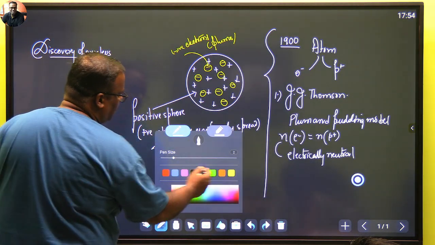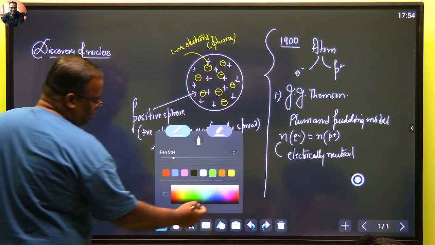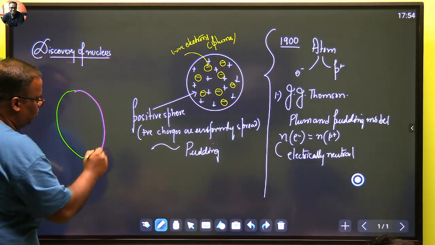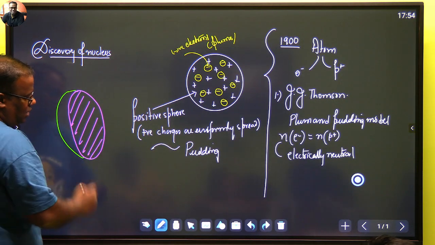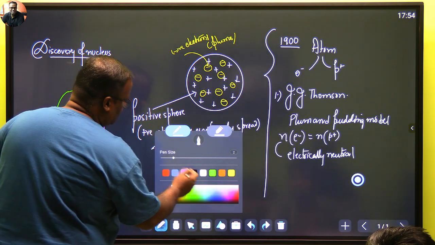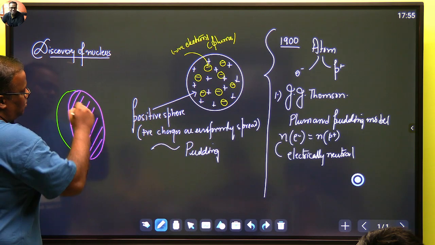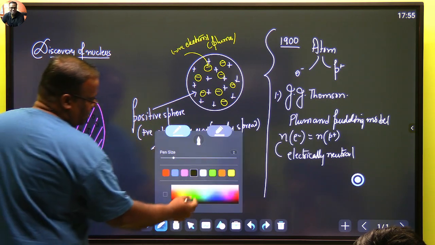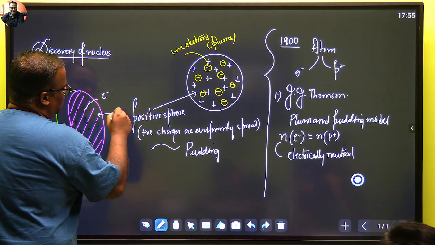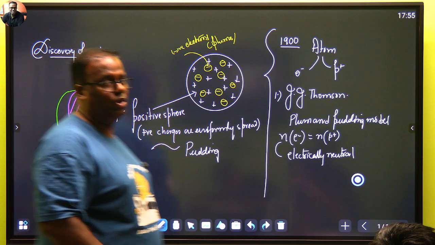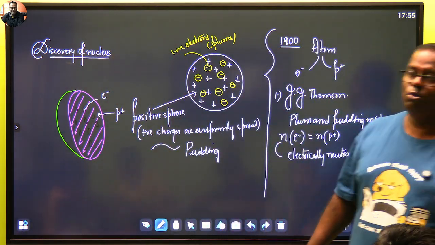अब एक watermelon बना के दिखाते हैं आपको. अगर हम एक watermelon को slice करें तो हमें कैसा दिखेगा? Our watermelon will look like this. Don't you think? Right? It's taking black color, and the black seeds are spread on it. So these are my electrons, and the pink uniform spread is my proton. Tell me, children, have you understood what is plum and pudding model? So the plum and pudding model was proposed by J.J. Thomson.